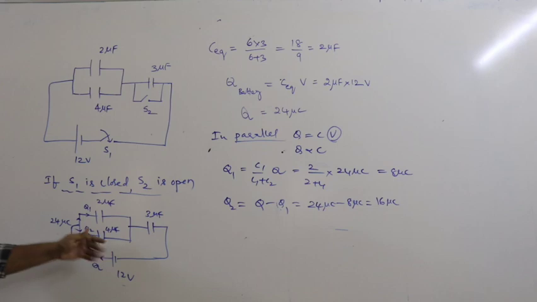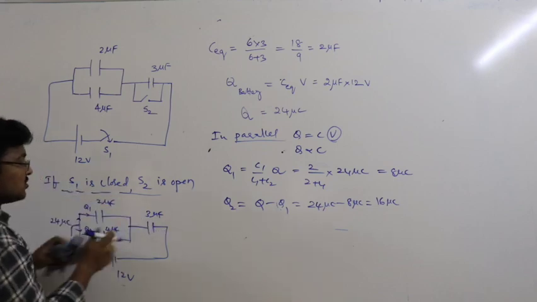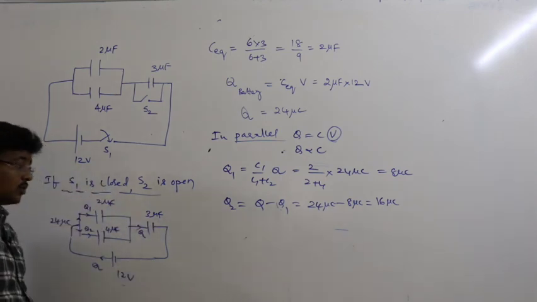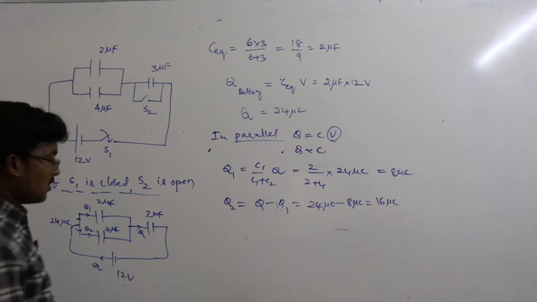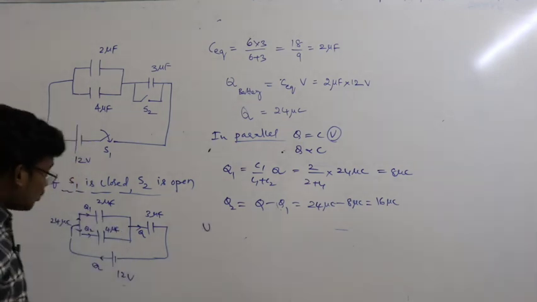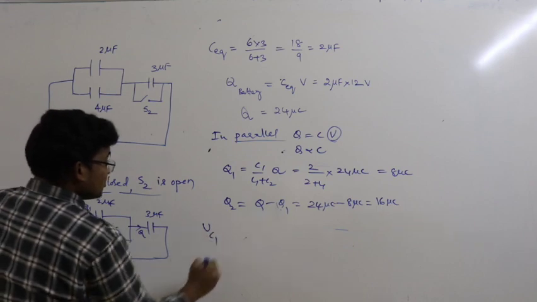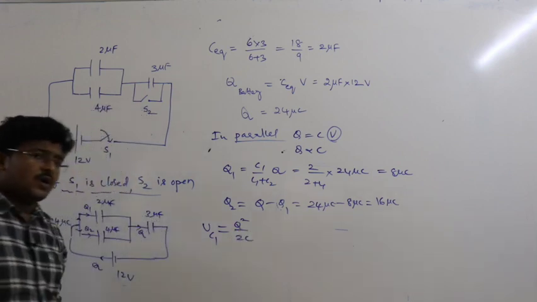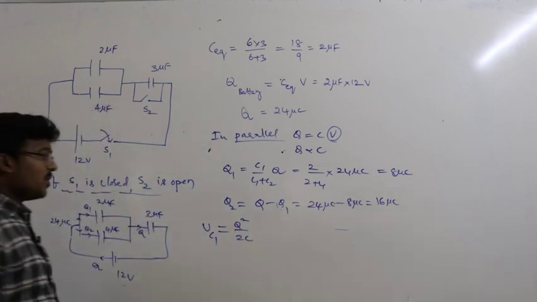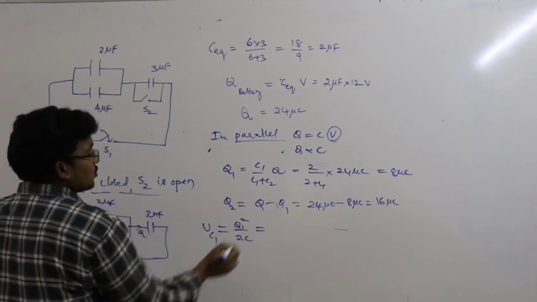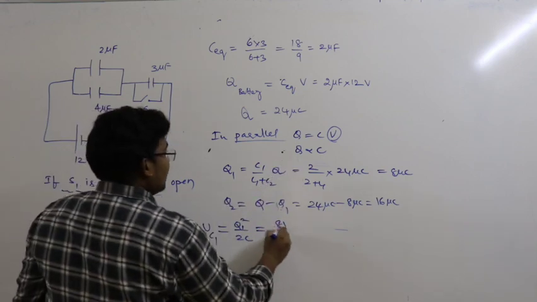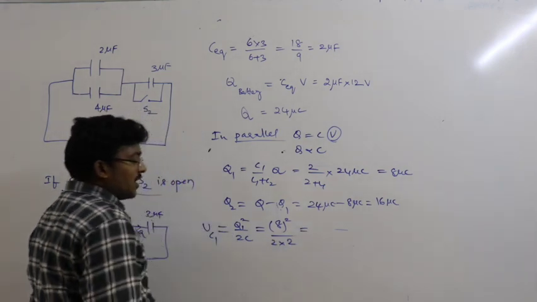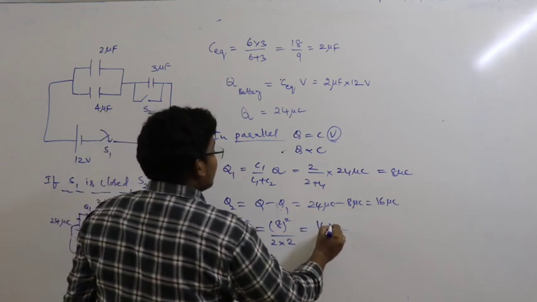So we got the charges, and this charge will again pass through this 3, so this charge is also Q, because 24 will split, and again now you have all the charges through every capacitor. Now what is the energy stored in the 2 microfarad, the first capacitor C1? What is the formula? Q square upon 2C. We have a number of formulas, right? So energy formula is Q square by 2C. Now what is Q? Q1, so it is 8, so 8 square upon 2 into capacitance 2. So you can say that this is 64 by 4, which is 16 microjoules.